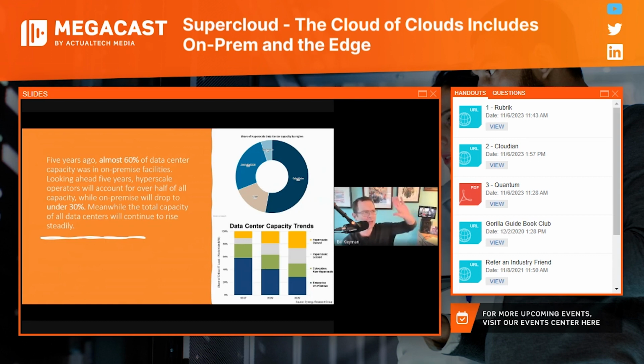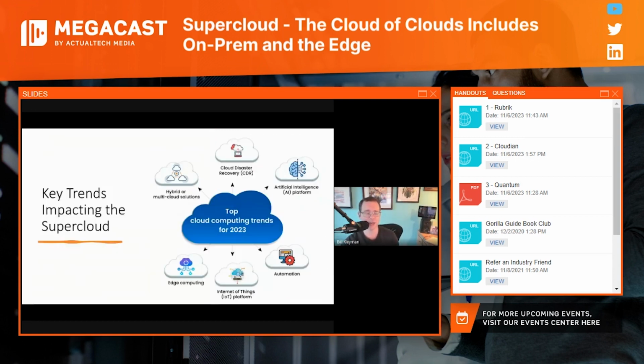Now, I'm not talking about complete migrations into AWS, EC2, or Azure, or GCP, but bits and pieces, and also leveraging cloud services. Now, you can see these trends. Take a look at this chart with me. You're seeing that on-premise capacity is decreasing because our relationship with cloud is also evolving. And we'll talk about that in just a second.